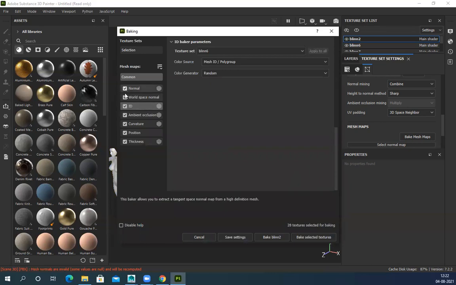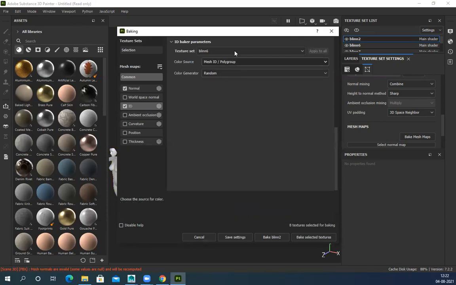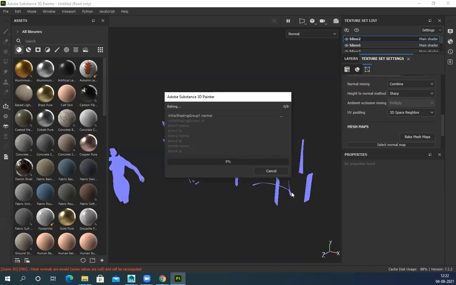Then you'll drag and drop the ID and normal map in that other one? Yes, kind of. I can drag and drop, or I can just simply update this model only. So normal and ID selected, and bake. After baking this, you'll bake the other separate low poly file for the rest of the maps, right? Yes, I'll just re-import my low poly here and bake the rest of the maps. Correct.